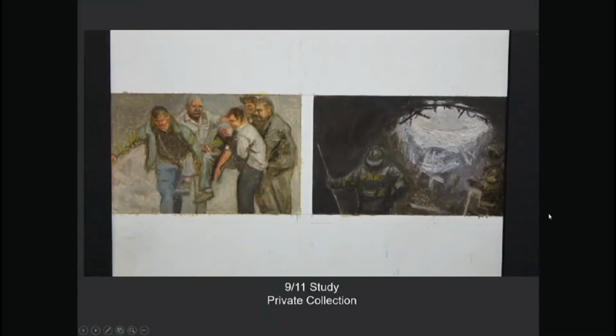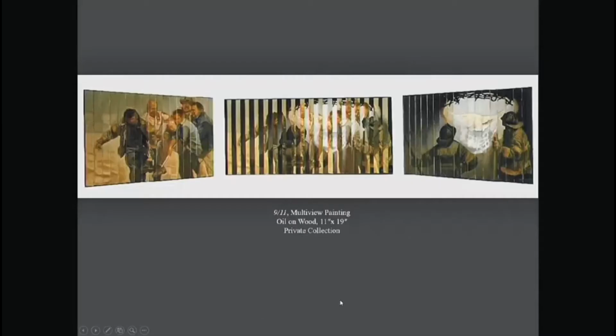This is a 9/11 study. Usually I don't do flat studies, but I did for this one. I was teaching not far away from the Trade Center when that happened, and I can remember that day like yesterday. All of a sudden we heard a plane hit, and he said, okay, it's a small Cessna. Then another plane, and then all pandemonium broke out. I mean, kids were being dismissed left and right, and it's really quite a day. Anyway,